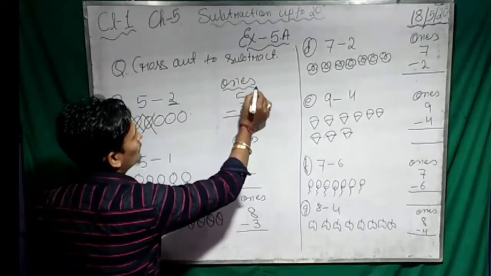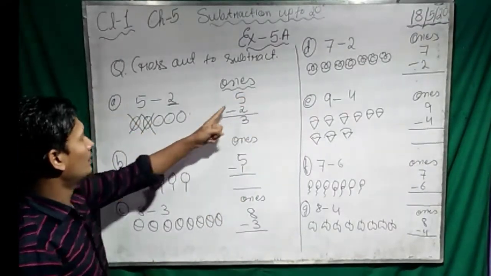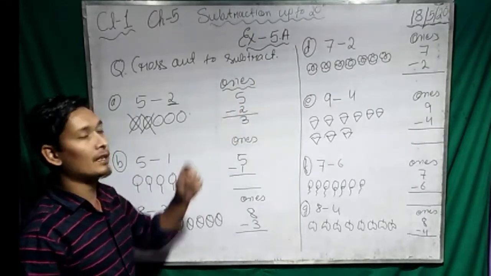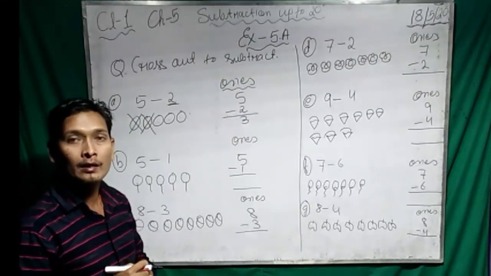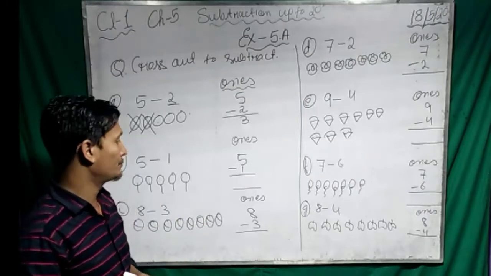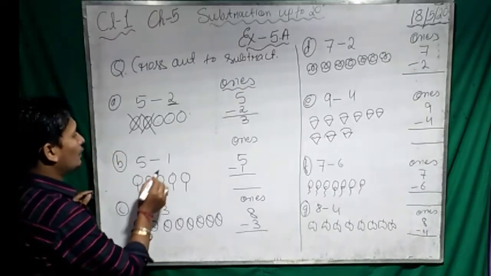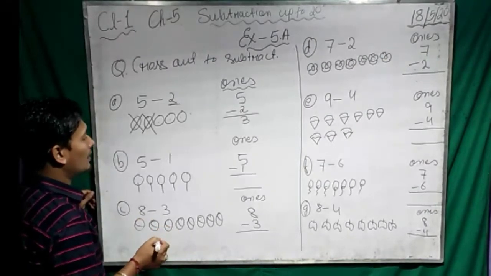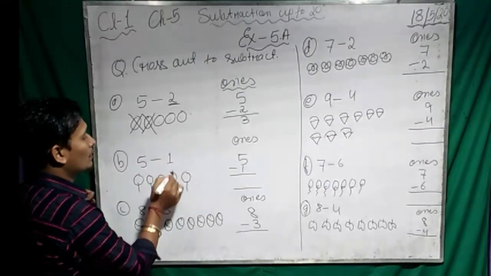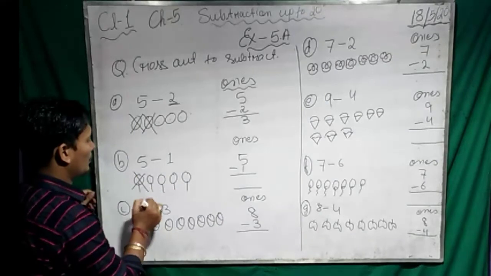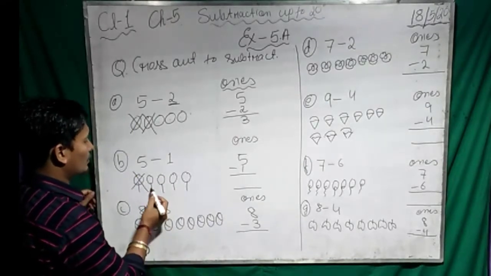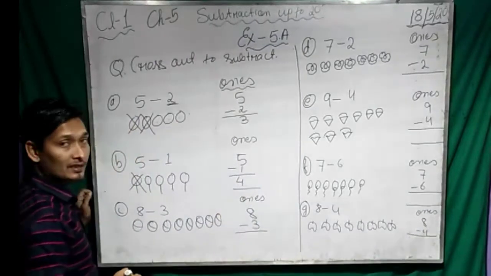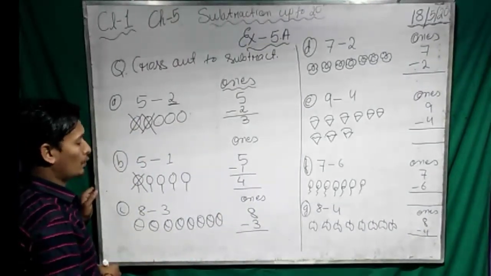And why am I writing here once, you know? Only one number is there, so I am writing here once. You know, we have learned in the addition chapter also. Yes or no? Now I have 5 lollipops and I ate 1. So how many lollipops do I have to cross out? Yes, 1. So cross out 1 lollipop. And how many lollipops are left? 1, 2, 3, 4. So the answer is 4. Very easy, the subtraction. We have to just cross out.